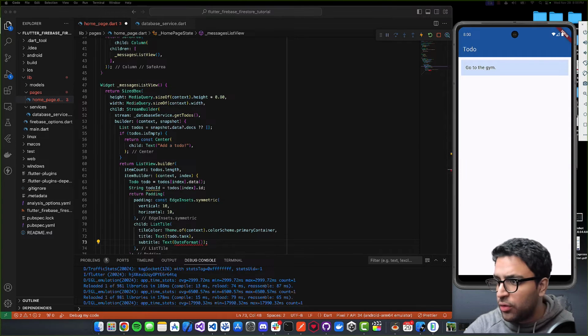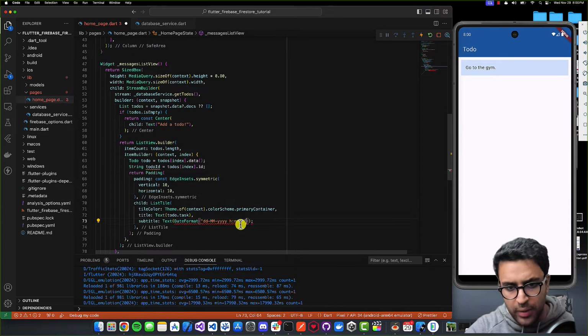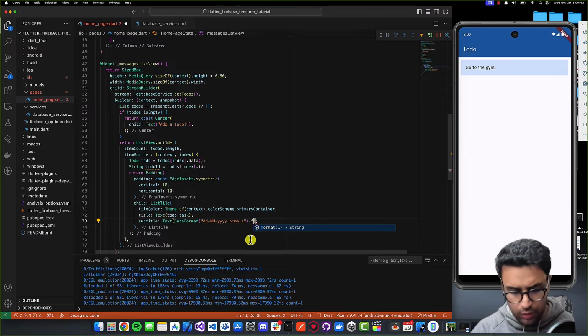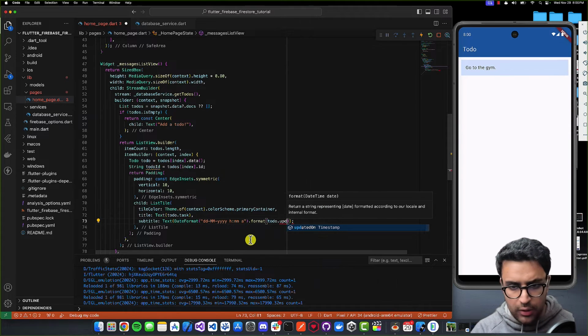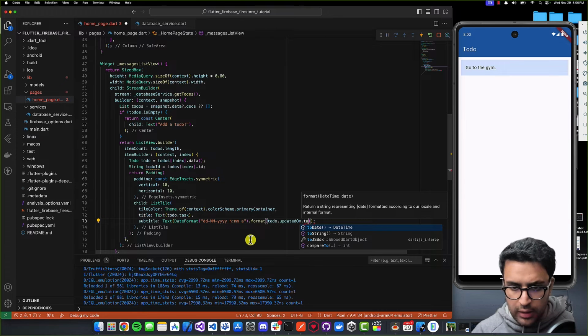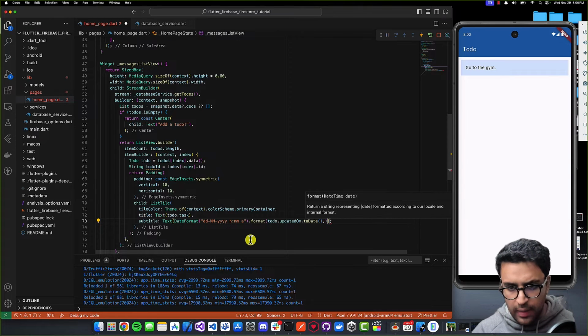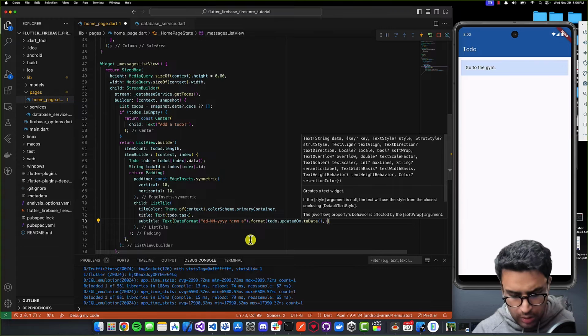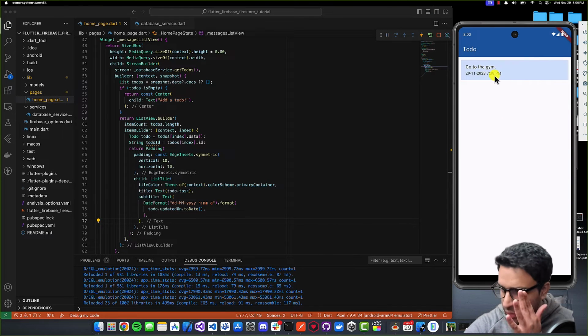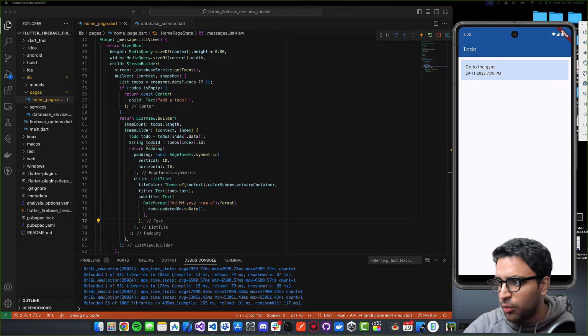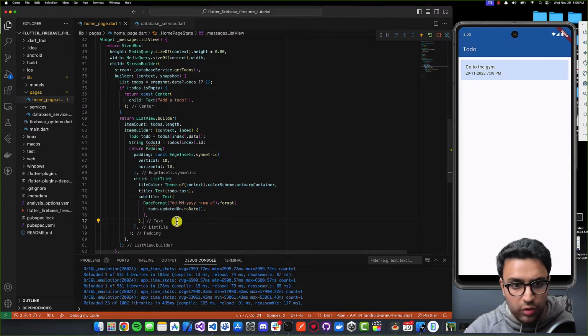And then here I'm going to define as a string the actual format of how I want my timestamp to be formatted. And then I will call the format function on this. And here I'll do to-do.updatedOn.toDate. And then like so, and that's pretty much all we have to do. Just add the trailing commas, do command save, and now we're getting the timestamp shown as well. Once this is done, I'm going to add the trailing property to this, which is going to be a checkbox